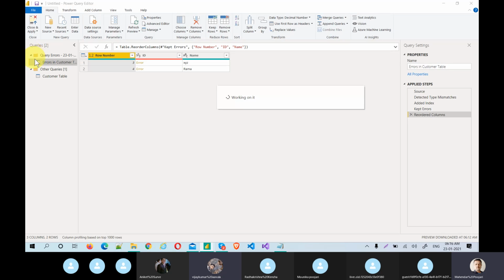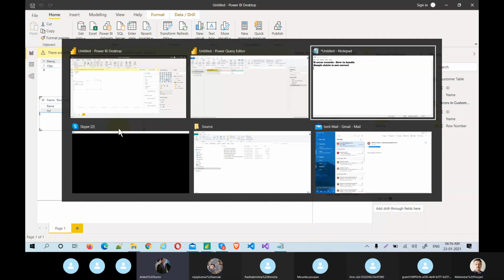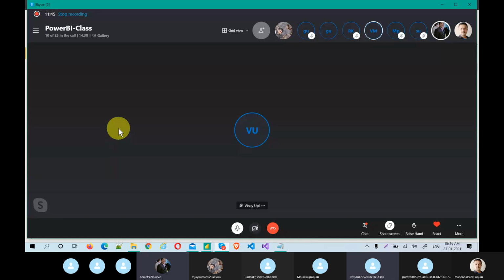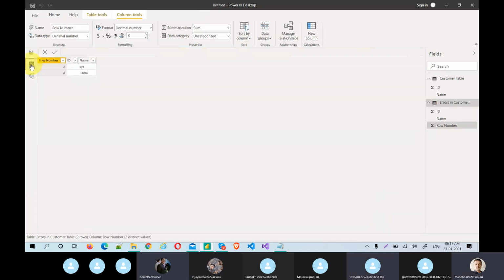It's working. Mahendra, I have a small question, if I can ask. Yes. Okay. So, Mahendra, why did this third and fourth record go into errors? What did Power BI understand? How did Power BI understand that these two are errors? Did he put any junk data in that? Yes, that's what. If you closely observe the data, you have not closely observed that data.